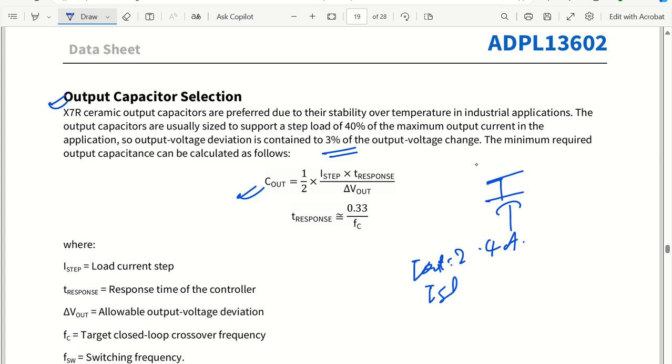Then what will be my I step? So I step will be 2.4 times 0.4, that is 40%. So 2.4 times 0.4, that is 0.96 ampere will be utilized here. Okay,